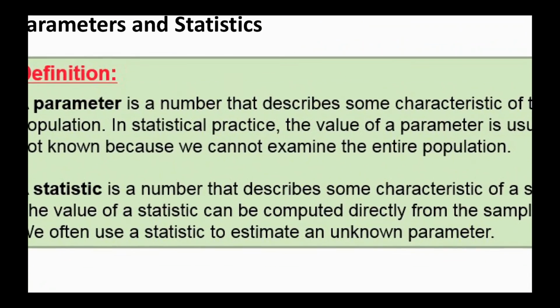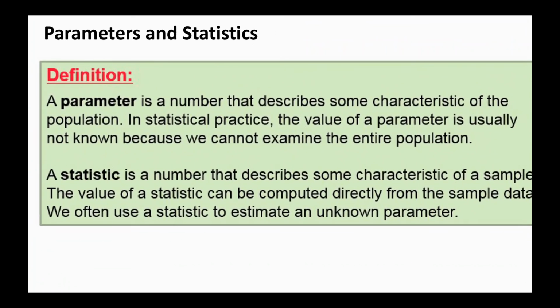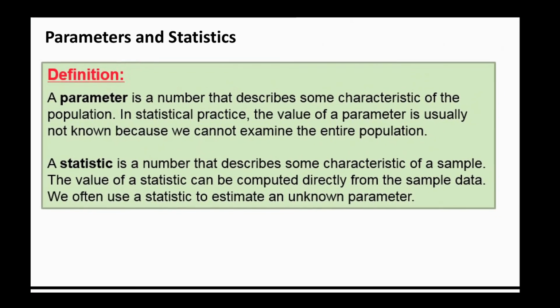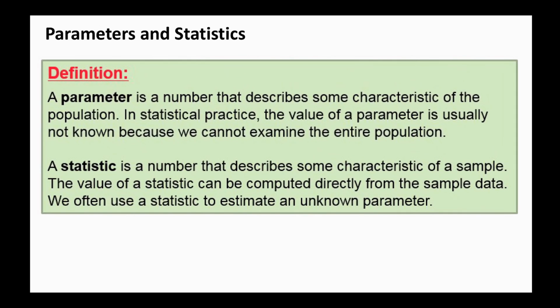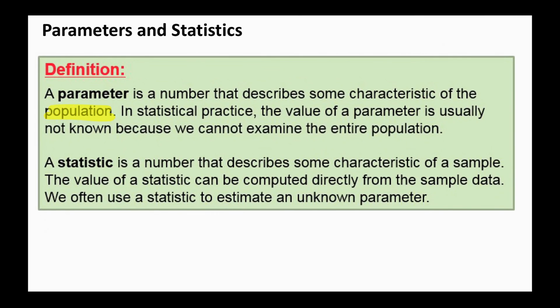Okay, so there's two things. One is a parameter, one is a statistic. One of them we've been looking at, one of them we haven't. Parameter, what is a parameter? A parameter is a number that describes some characteristic of the population. So if we're talking about the population, that's a parameter. In statistical practice, the value of a parameter is usually not known because we cannot examine